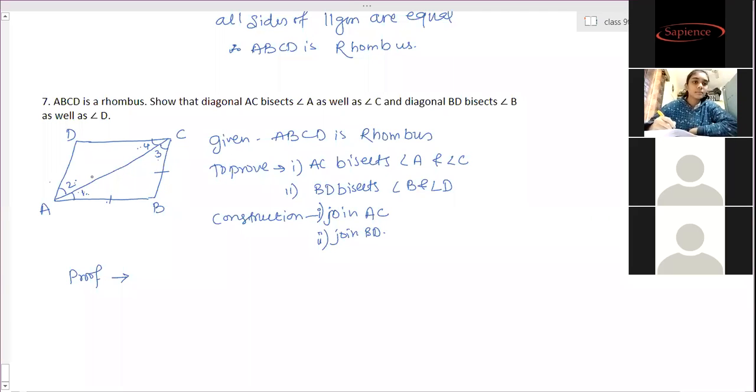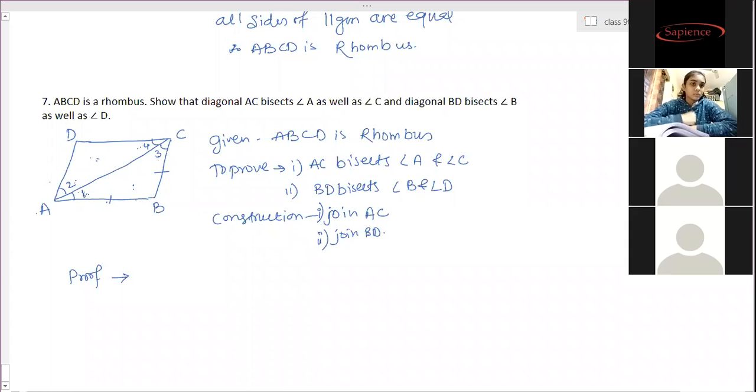Now one thing, very importantly listen. I told you this different method, but some of the students will follow the book and different guides, and they will prove the congruency between these two triangles. By congruency, easily it can be proved. But in congruency, you have to show AB and AD equal, CB and DC equal, and AC is common. Then by SSS criteria, these two triangles are congruent, and therefore angle 1 is equal to angle 2 and angle 3 is equal to angle 4.